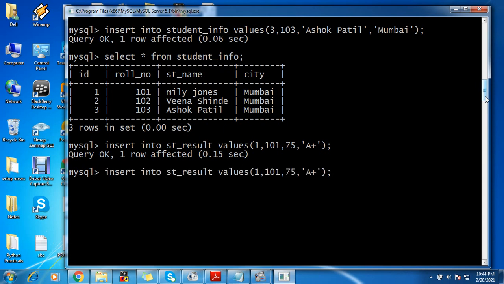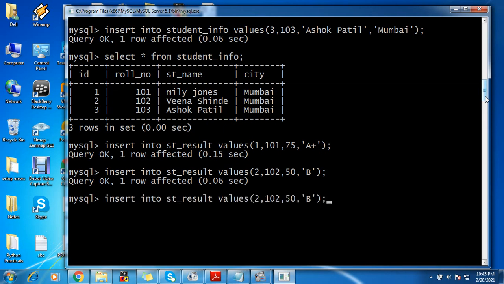Now I'll insert a second record for our second student whose roll number is 102. His marks are 50. So let us give him B grade. Okay, now check.